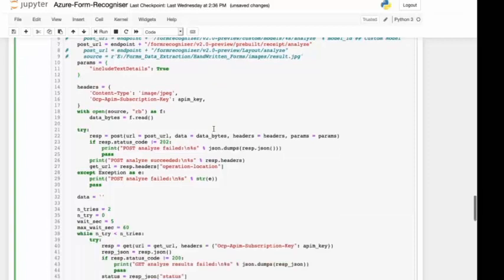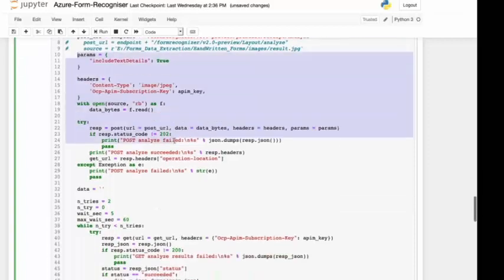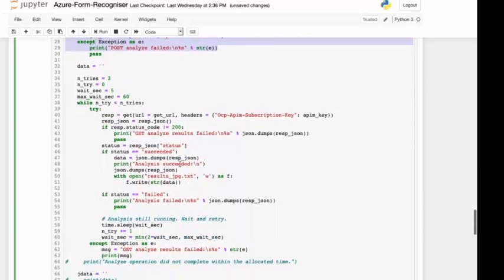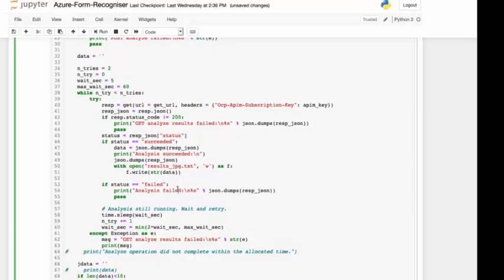Okay, so this is the code for calling the API, and if our analysis succeeded, we will print the result analysis succeeded, otherwise analysis failed. And once the analysis has succeeded, we will dump our extracted text into a JSON file.